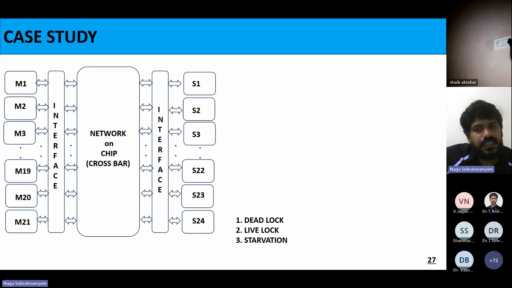Then what is deadlock? The data has to go to the normal S3, but it goes to some other guy, and that guy gives the response. M2 is looking for an S3 response, so M2 never gets a response from S3. All the responses are on the NOC and on the NOC only. They don't go to the source and destination. That is how deadlock happens. We verified all these things, right? So they designed their own NOC.